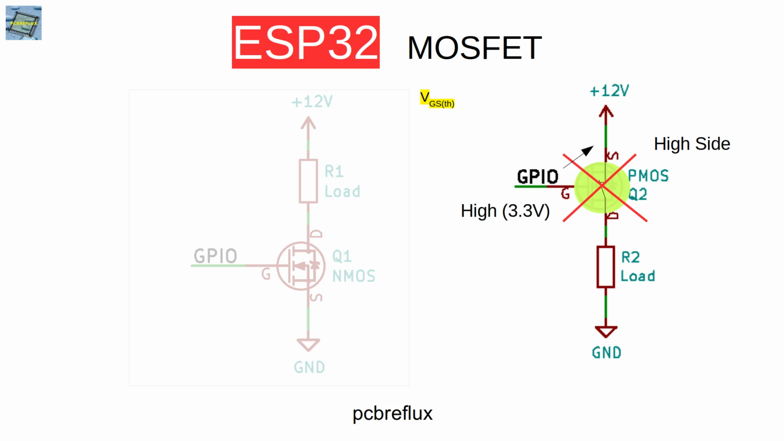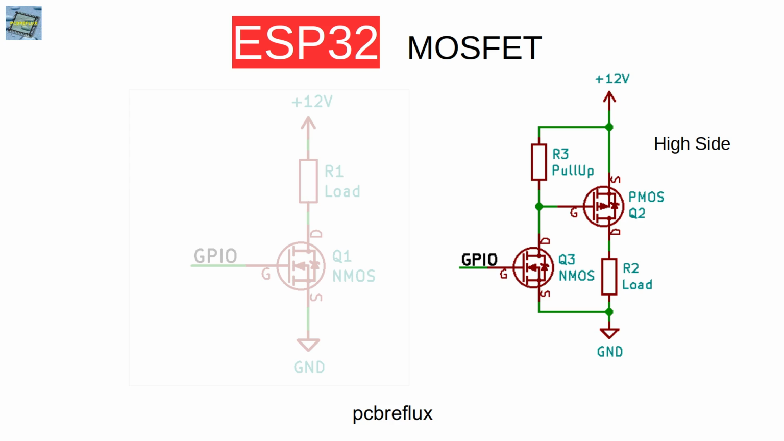And now if we calculate 3.3 volt minus 12 volt, then we get a voltage of minus 8.7 volts, and this is certainly above the gate source voltage that we need to switch off our P-channel MOSFET. So it's certainly clear that the P-channel MOSFET stays on and we have to consider another circuit. One solution for this problem is to use a pull-up resistor and also an N-channel MOSFET to switch the pull-up